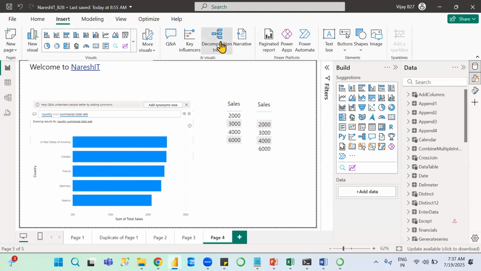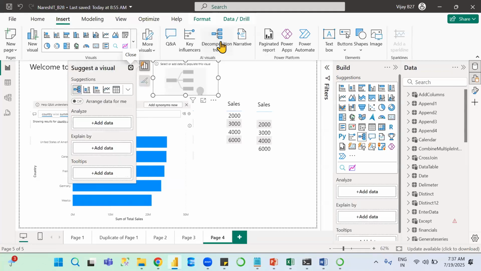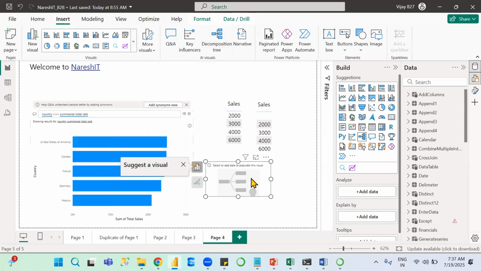Okay. Next one is decomposition tree. What will a decomposition tree do? Whatever the data is, it will show it in a tree format. Let's see how it works. In decomposition tree,